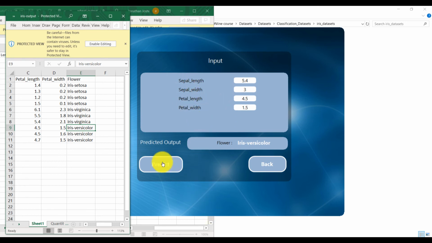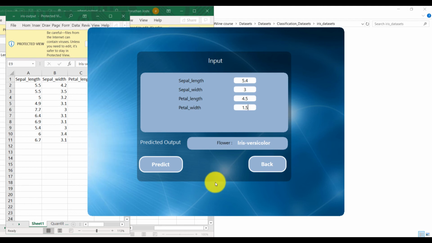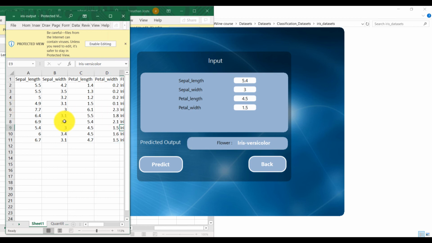Now, if you go ahead and click on predict again, in the free version, it might stop you from doing so. But if you're using the premium version, go ahead and test all these values in the Iris output folder. If you have the free version, you will have to go back, train the machine again and test the other values, but it's an additional effort which you can try.